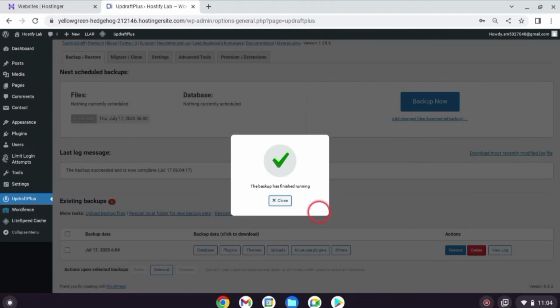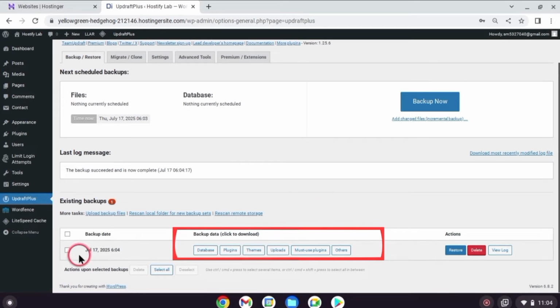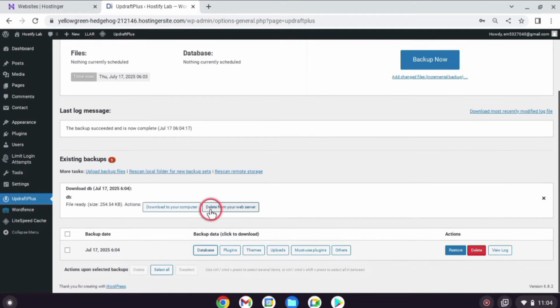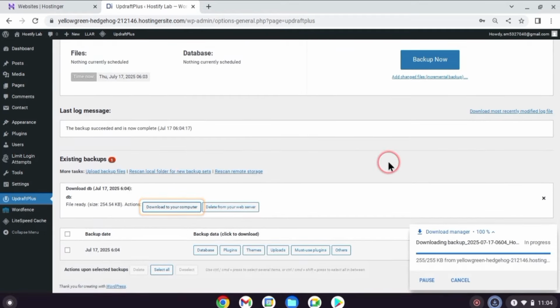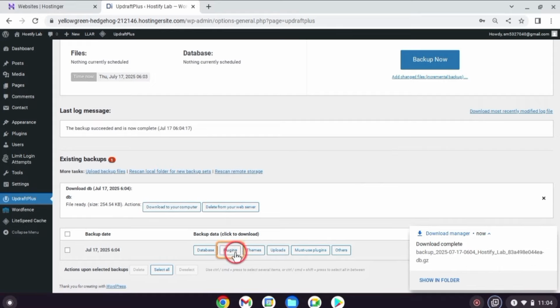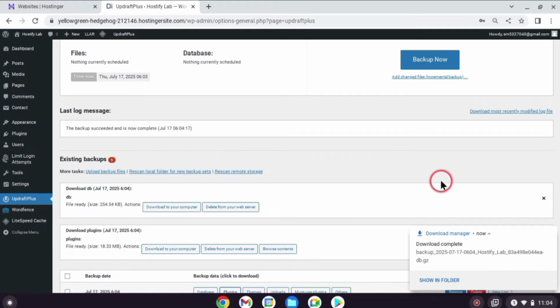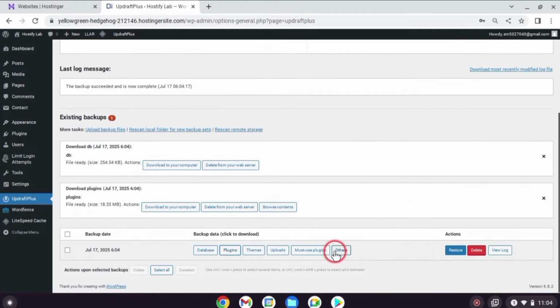Once your backup is ready, you can manually download each file one by one and keep them saved with you. For example, if I click on the database section, you will see a download option at the top. Just click on it and the download will start. In the same way, click on plugins and you will see the download option again at the top. Click it and it will download too. Do this for all the sections one by one and save all the backup files in a folder on your